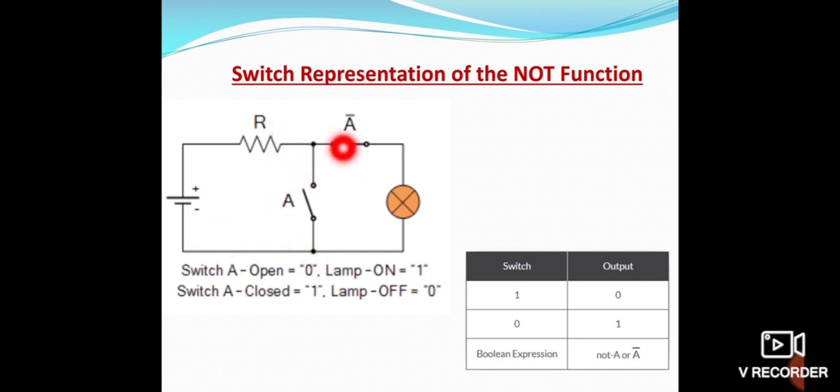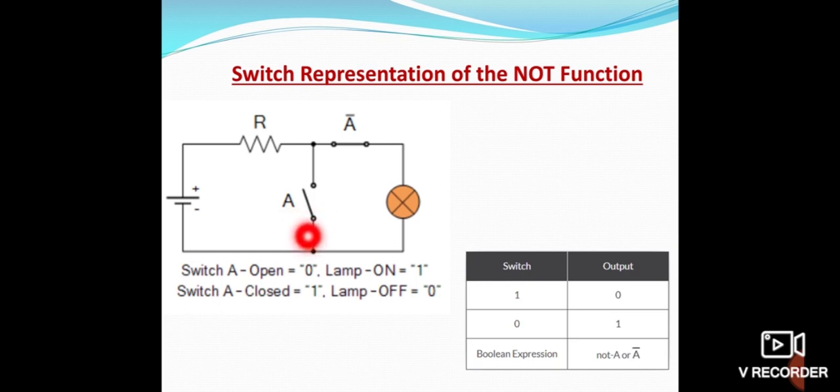The current won't flow in the other direction because the current always prefers a low resistance path. If it is closed, this is the low resistance path compared to the other path, because that one offers more resistance. So when A equal to 1, this is closed and current flows in this direction, since this path offers low resistance,